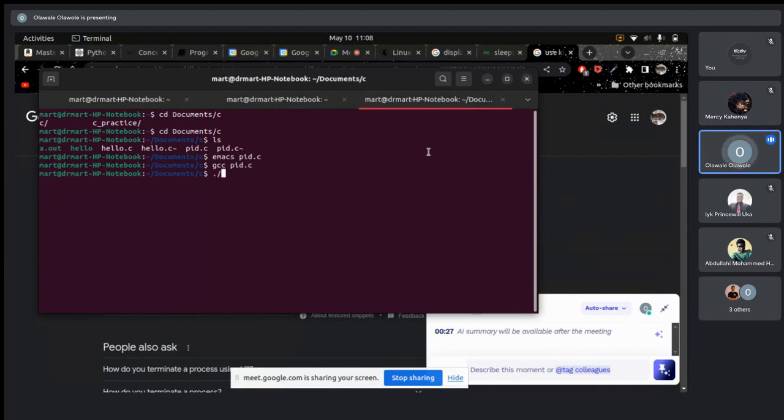So our code is running well. So you can see this for the parent ID. For the parent ID, the process is 36985, and then for the child, the parent is